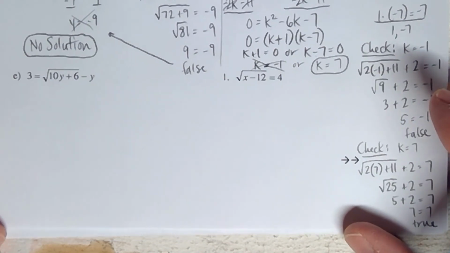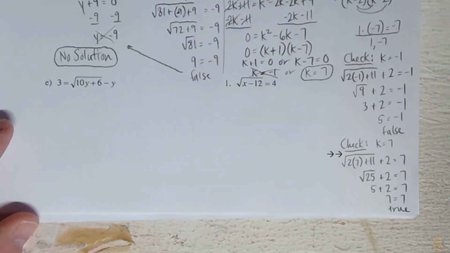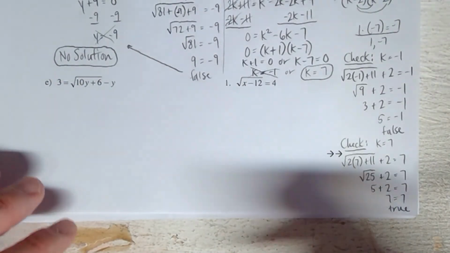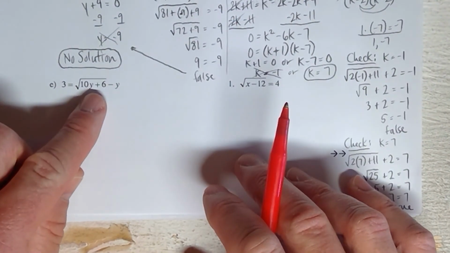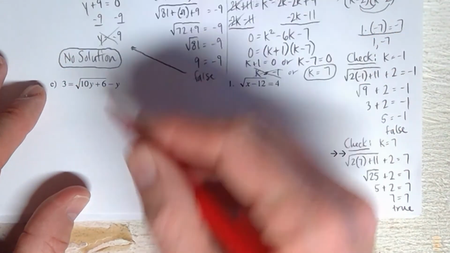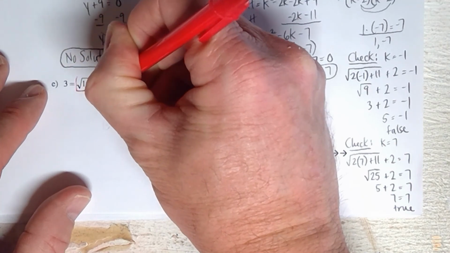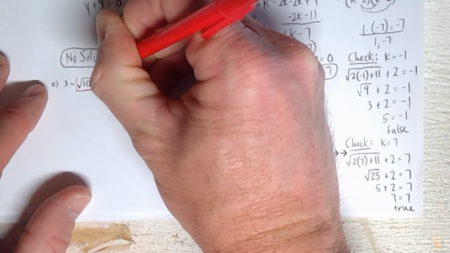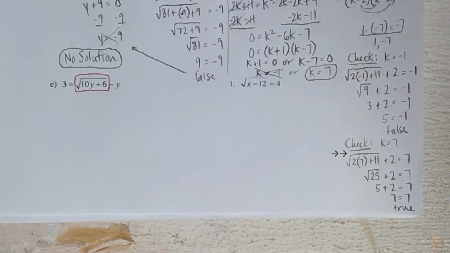All right? Problem E is very similar, and then I'll let you guys try some on the second page there. But again, you have a radical term being subtracted with a different term there, not being multiplied by it. So the minus y is separate from this radical term, and therefore I need to move that minus y